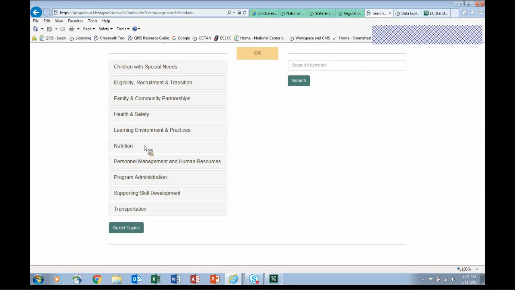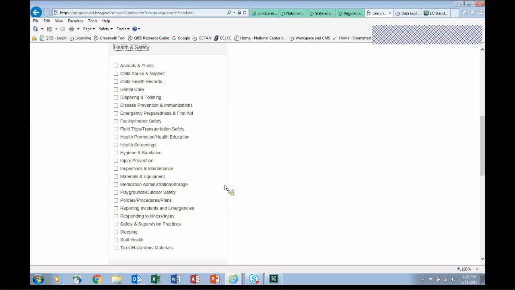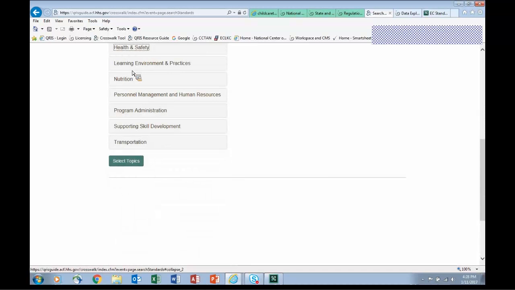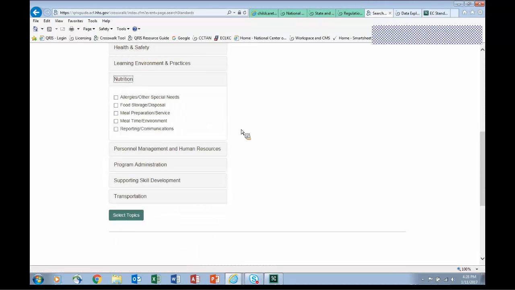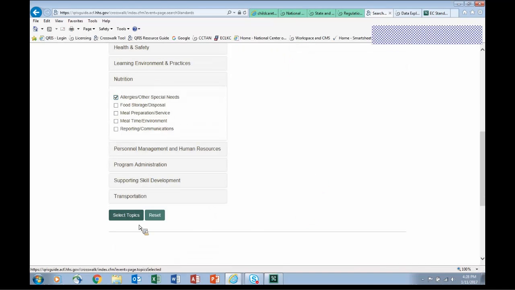I'm going to open up health and safety, for example, and show you all the many different subtopics that we have in here. But we're going to focus on food allergies. So under nutrition, we already have a subtopic about allergies. So I'm going to select the topics and then click on this button.